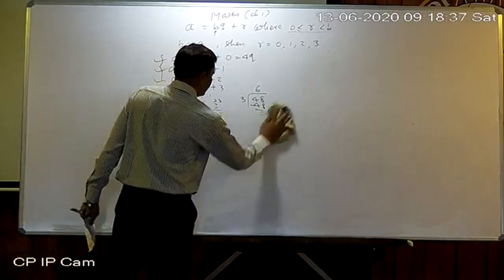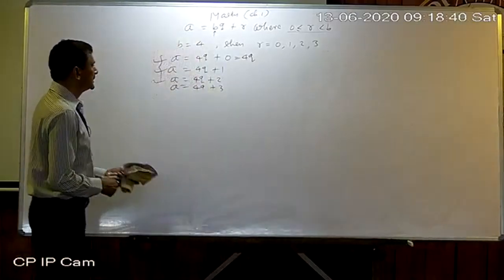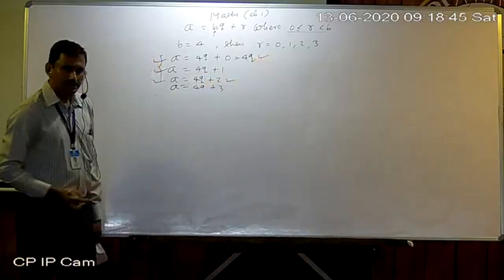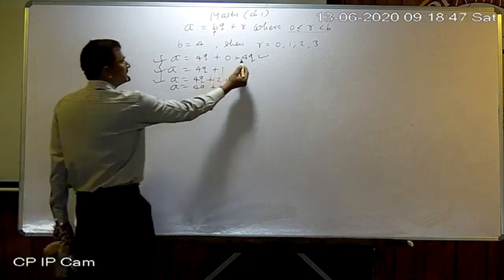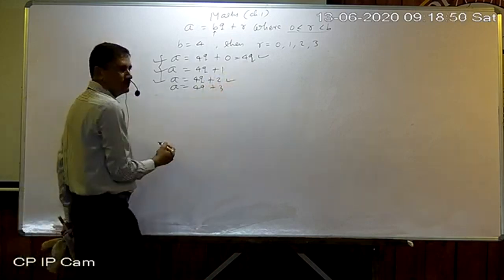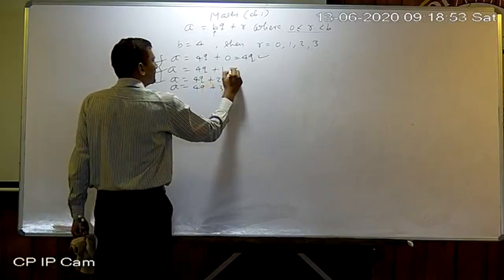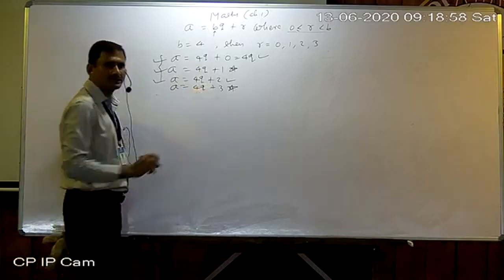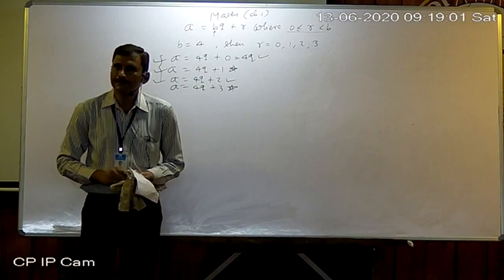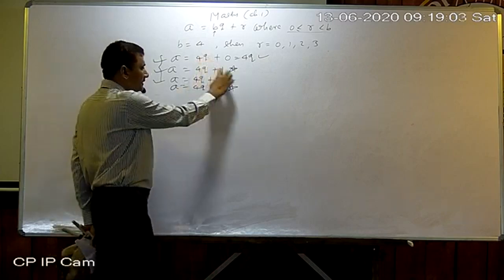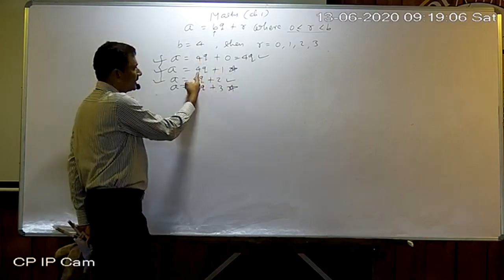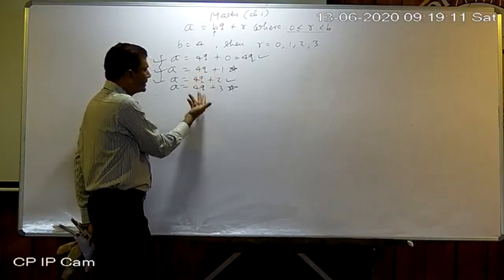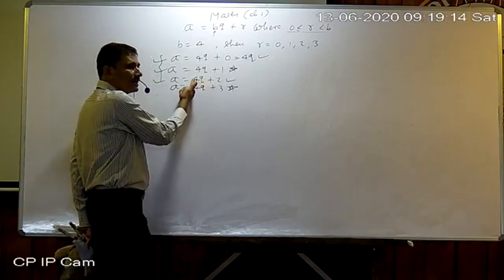Now we start another thing. You can say this number and this number are even. Why? This is divisible by 2, this is also divisible by 2. And 4q plus 1 and 4q plus 3 are odd ones. Why? Because they are not divisible by 2. You cannot take 2 as a common here, but from these ones you can take 2 as a common.